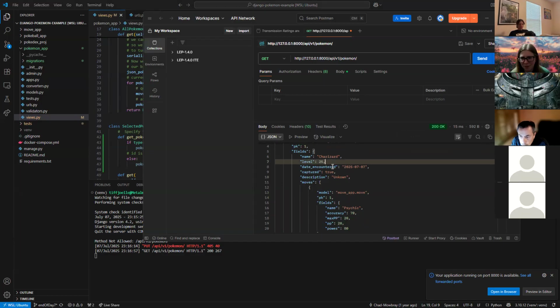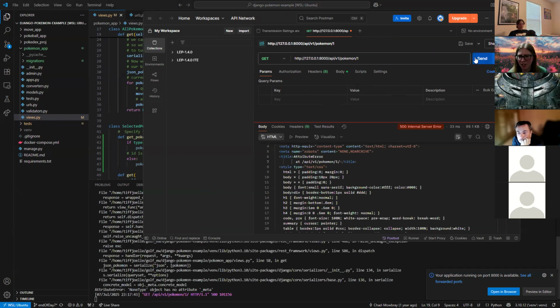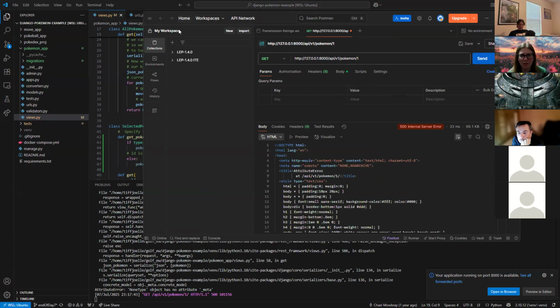So now, let's try first doing a get for this specific Pokemon. So what ID is he? He is a primary key ID of 1. So if we send that in, it should give us 500. Wait, what's the endpoint for this? Oh, it's not Pokemon, it's just